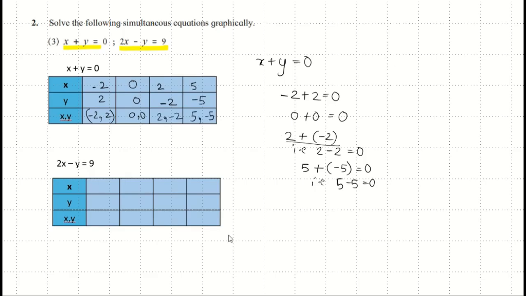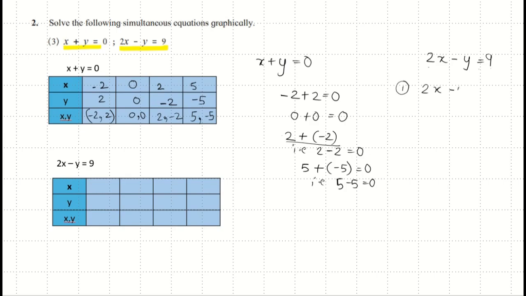Now taking the second equation, 2x minus y is equal to 9. To find the possible ways of getting 2x minus y equal to 9, you do not need to get scared of such equations or of how to search for the numbers. It is very easy. Let's go through the explanation below.